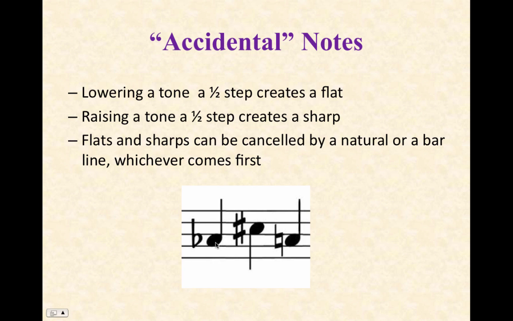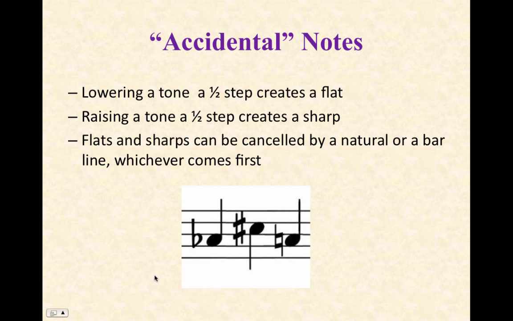If you see a note beside one of these symbols, those are called accidentals, and that's a change. So when we take an A and we make it a half step lower, we put this kind of squished B beside it to the left, and that makes the note sound a half step lower. If you want the note to be a half step higher, you put this little pound sign, a sharp, that makes the note sound a half step higher. It's a pretty easy thing for my students to pick up if they haven't already learned it. A natural cancels out any sharp or flat.